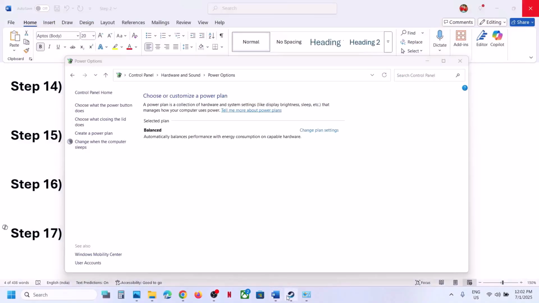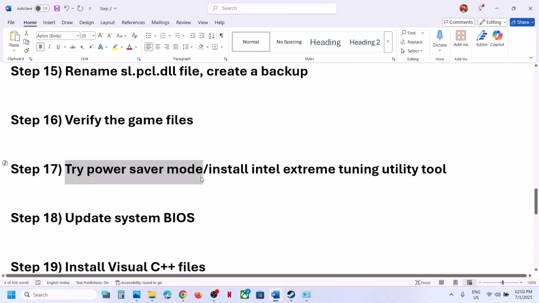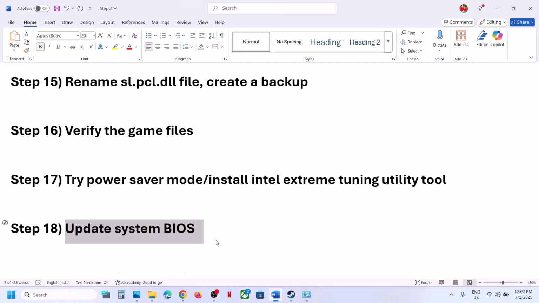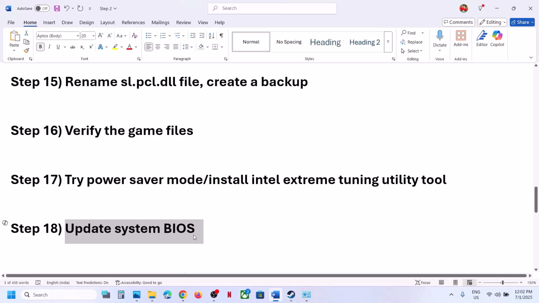Still not working. The next step is to update the BIOS. Now this has also worked for many players. So go to your system manufacturer website. So if you have a Dell computer, go to Dell. If you have a Lenovo, go to Lenovo. Whichever brand you have, go to the system manufacturer website, select your model number, select your computer, and then install